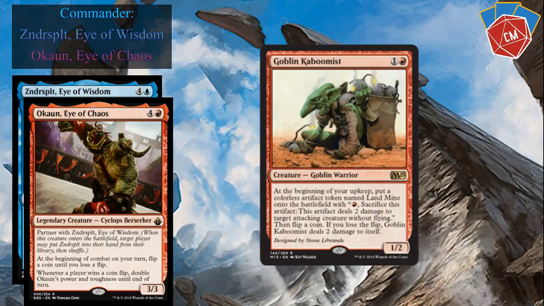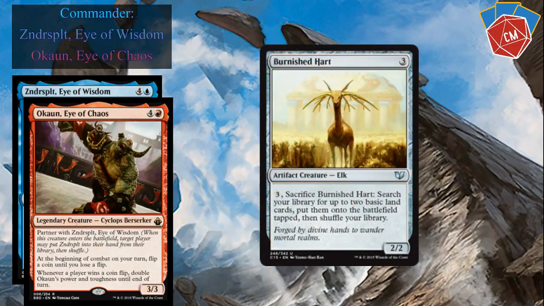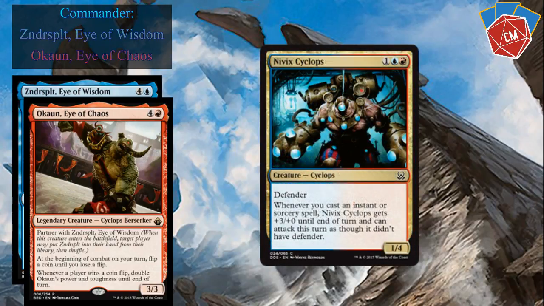Once again, stringing those coin flips together is what we're looking for. We, once again, don't really care that the Goblin Kaboomist may potentially perish. And we've got a Burnished Hart, a little bit of mana ramp. A Nivix Cyclops, so this harkens back to the old Izzet Blitz, which is kind of what we're mirroring